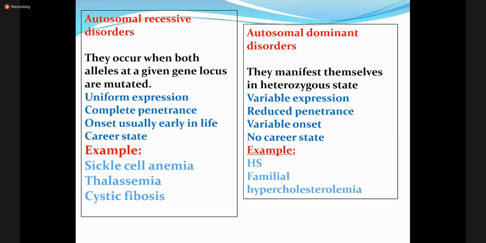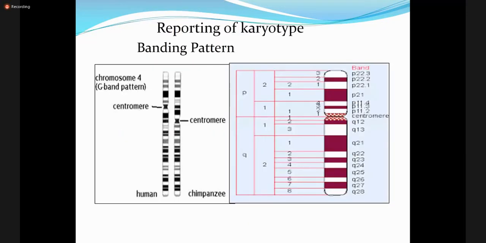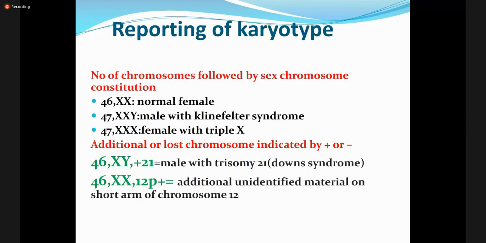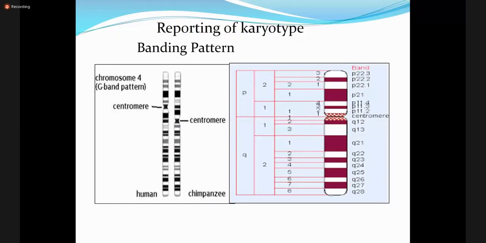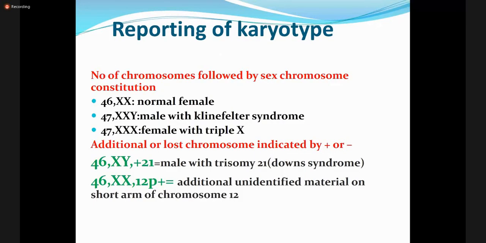Now reporting the karyotype. So the inheritance type of thalassemia, sickle cell anemia, and cystic fibrosis is autosomal recessive, while hereditary spherocytosis and familial hypercholesterolemia are autosomal dominant disorders. Reporting of karyotype is not that simple. You report them on the banding pattern. First of all, the bands are identified, and then the chromosomes are arranged, and the number of chromosomes is followed by the sex chromosomes. For example, 46XX is a normal female,